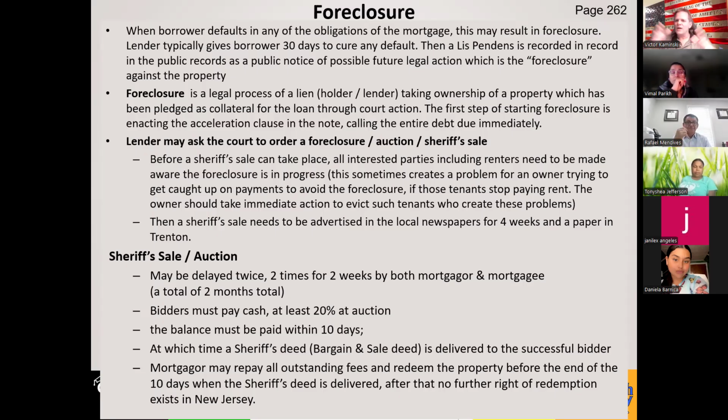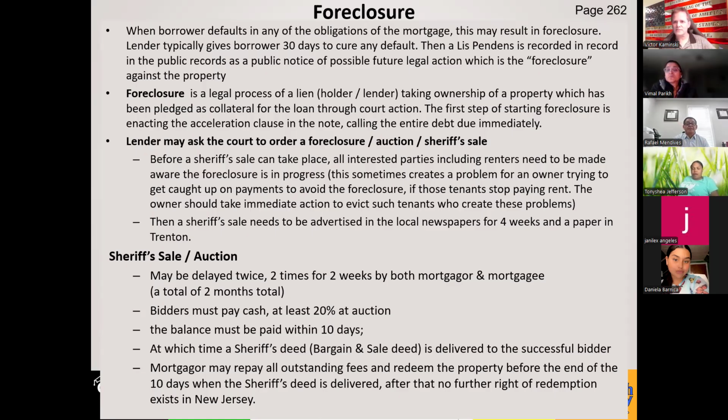This creates time, gives you additional time to draw out the process. That gives me more time to try to market the property and find a buyer. And then once we do find a buyer that makes an acceptable offer, we could get the lender to delay the sale twice for a grand total of 2 months, so that we can successfully close on the sale. And then there's no foreclosure on your record. And you could end up getting a little profit from the sale